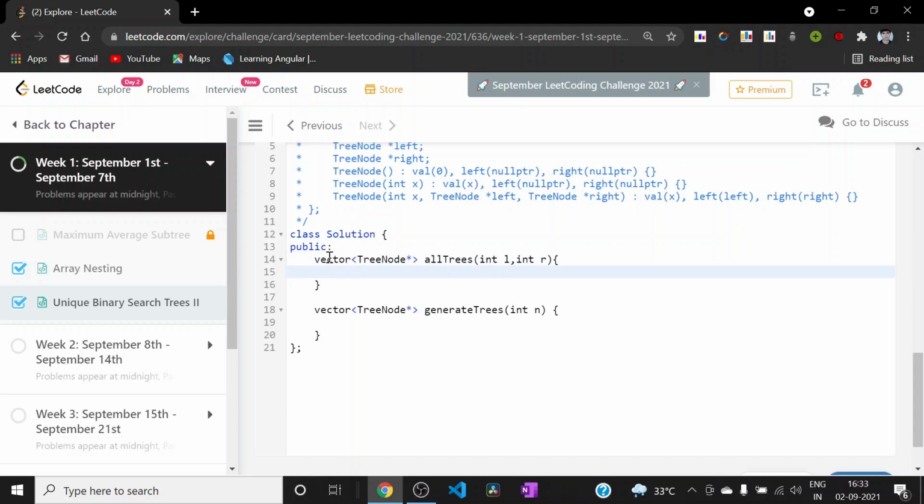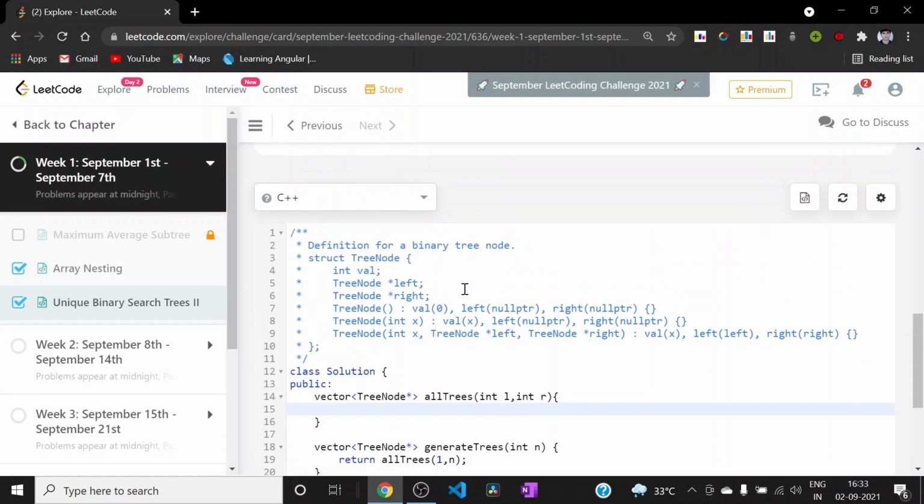And if this function is returning all the trees from l to r, then the answer to this problem will be allTrees from 1 to n. So we just need to complete this recursive function, and we are good to go.